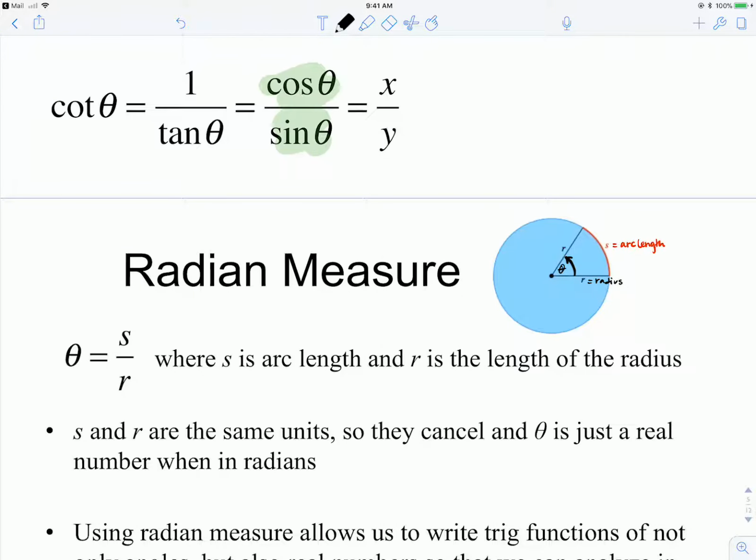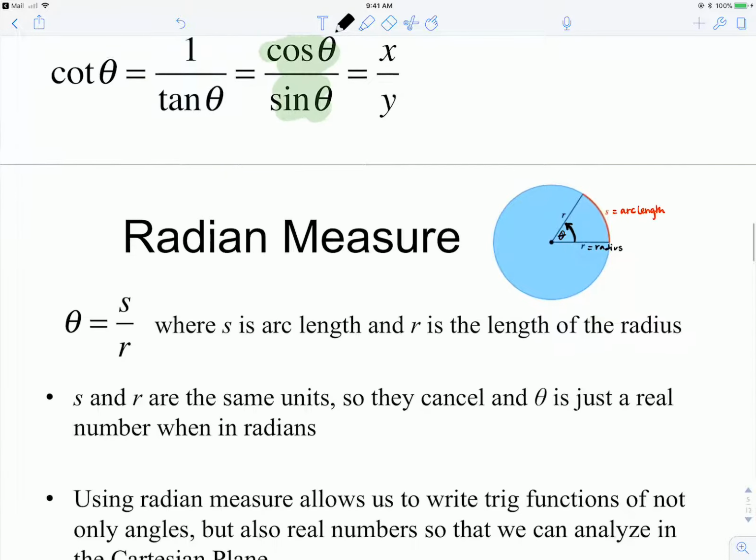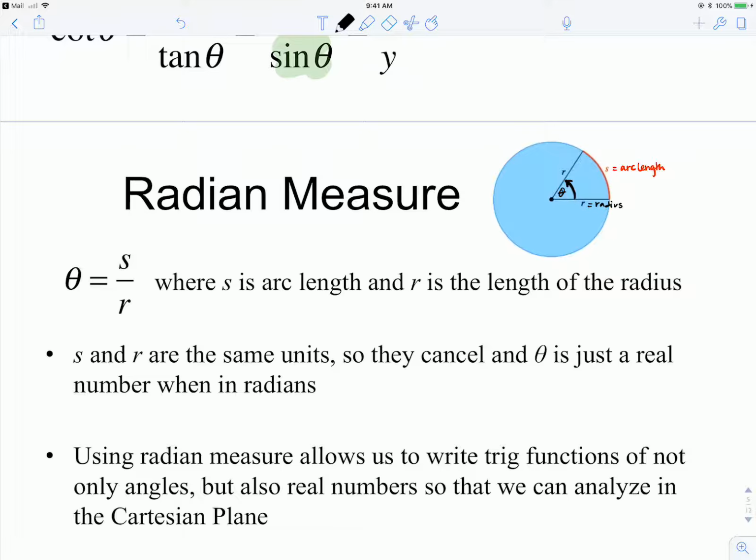When they're in the same units, like if both are in feet, or both in centimeters, whatever the units are, those units will cancel. And then when theta is measured in radians, theta is really unitless. It's just a real number,